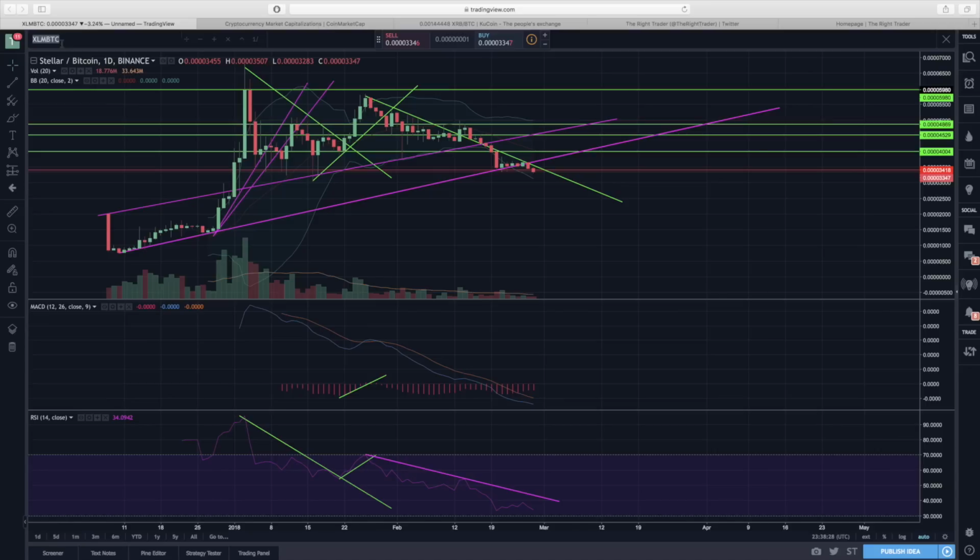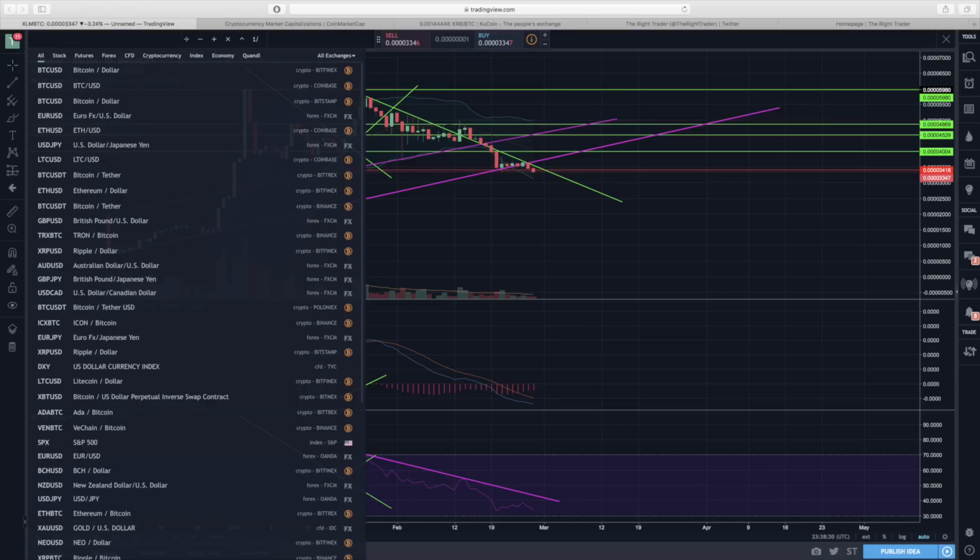Unfortunately, Stellar is just one of the cryptos that's experiencing a bit of a weaker period. We'll have to see if this is part of something bigger, but definitely not the best sign for Stellar itself. Let's go ahead and take a look at